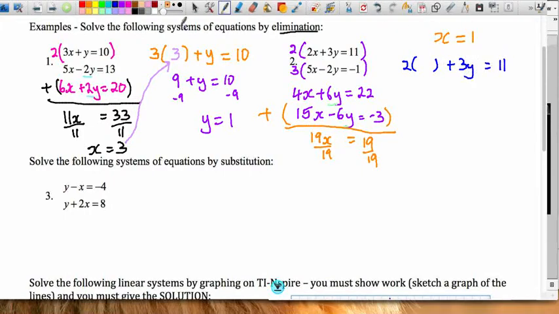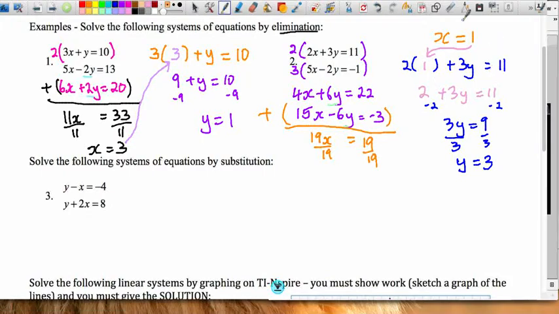And what I'm going to be doing now is substituting in the value of x equals 1 in the place of x. 2 plus 3y is equal to 11. I need to isolate the y, so I'll subtract 2 from both sides. 3y equals 9. Divide through by my unwanted coefficient, and we have our y value of 3 and our x value of 1, and we have now solved our second example